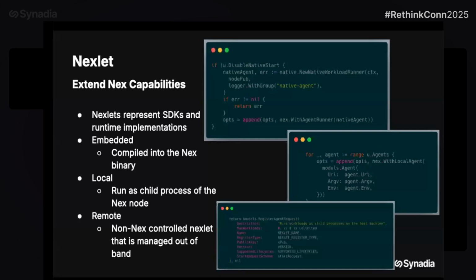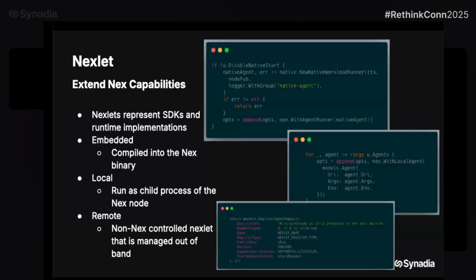So local-based Nexlets are something Nex will run as a child process. These can be written in any language you want. Rust, anything that the NATS client micro supports. Which then when you look at things like Firecracker and all the other micro VMs, they're all typically written in Rust. So instead of doing the Go SDK wrappers to interact with Firecracker, we'll be able to talk to them directly. And then the last one's the most exciting, remote.